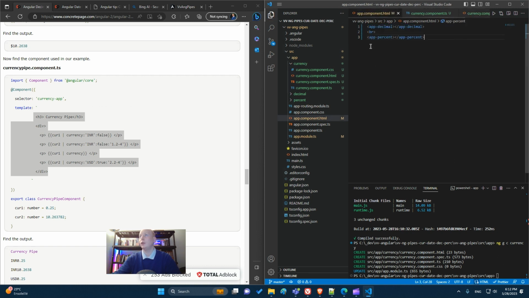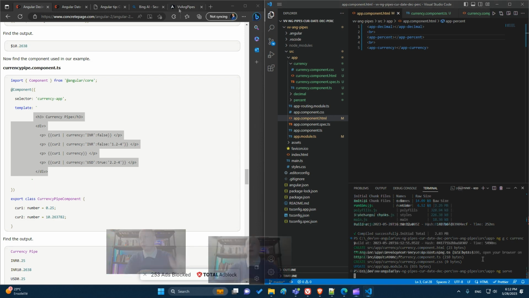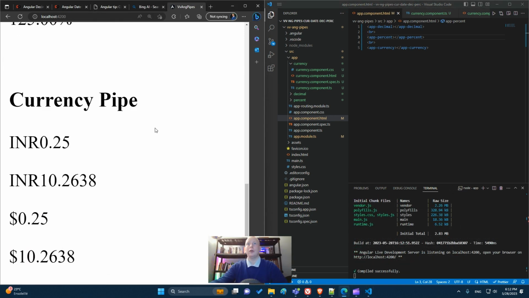Add it as the new tag in the app component. Save, and let's start again the server, ng serve. Let's check the result. So now we have a currency pipe, INR dollar.